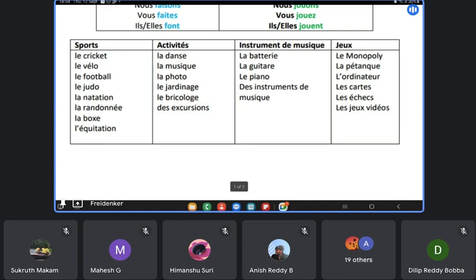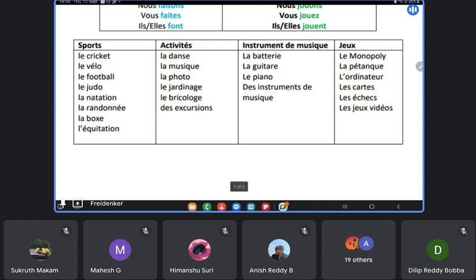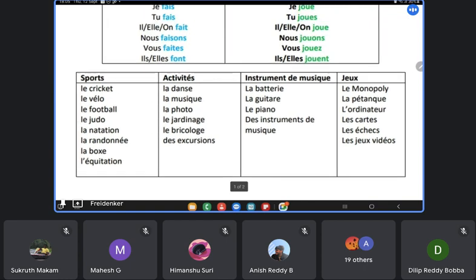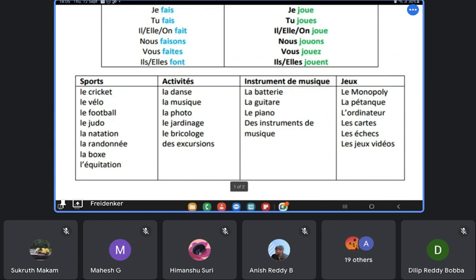L'ordinateur means computer, so here it basically means video games. Cartes means cards, so cards is plural: les cartes. Échecs means chess. Chess is apparently plural in French, so les échecs. Les jeux vidéo means the video games. After we've looked at all these examples, the purpose of this was just to identify the gender, because the gender is going to be important in